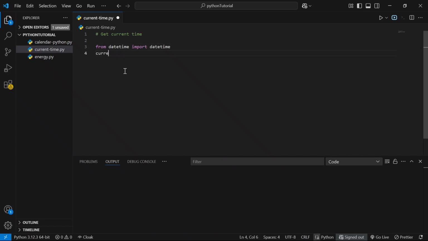Then we'll create a variable. You can call it anything you want, so I'm going to call mine current time. Then I'll call the imported module, that is the datetime module, then I'll use the now class,